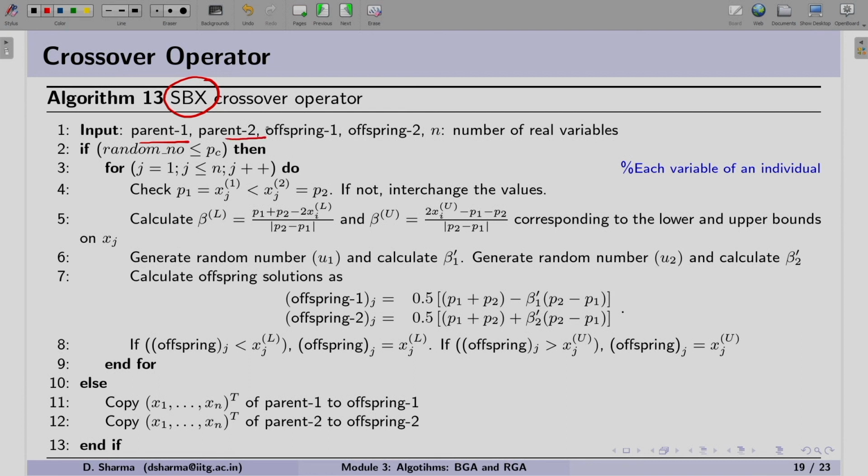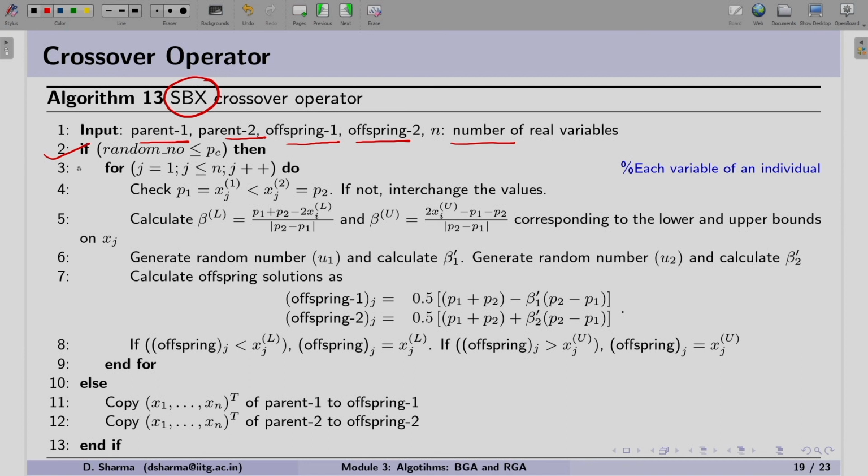We remember that we pick two solutions randomly, P1 and P2, and then we also have offspring 1 and offspring 2 because we save the new values into offspring 1 and 2, and the number of variables. Now in step 2, as you can see, we create a random number. If the random number is smaller than the probability of crossover, then we will perform the crossover.